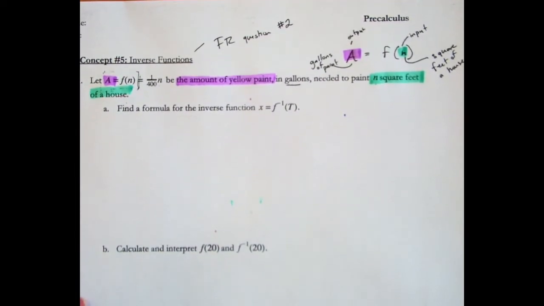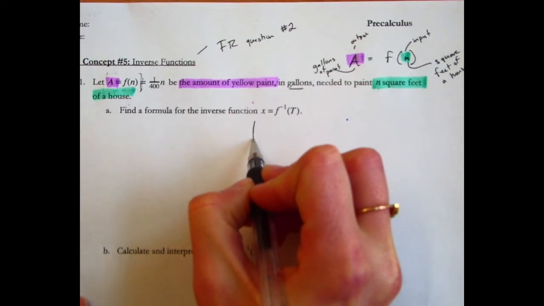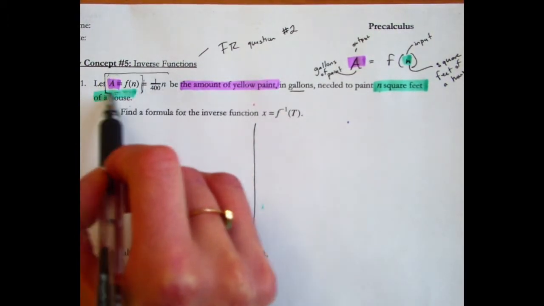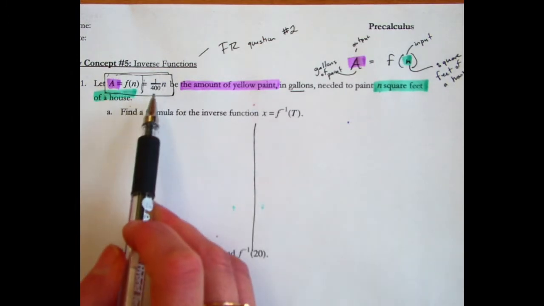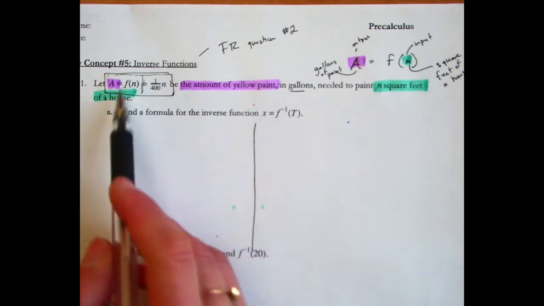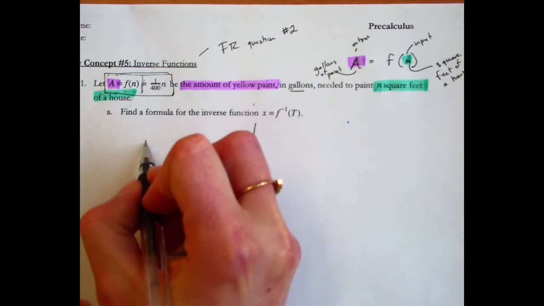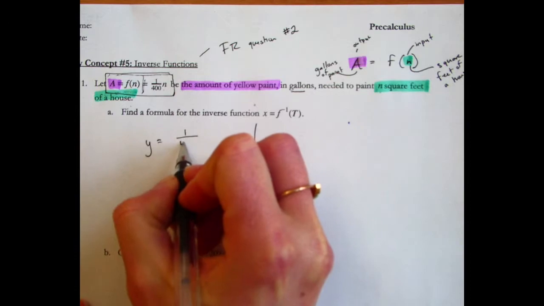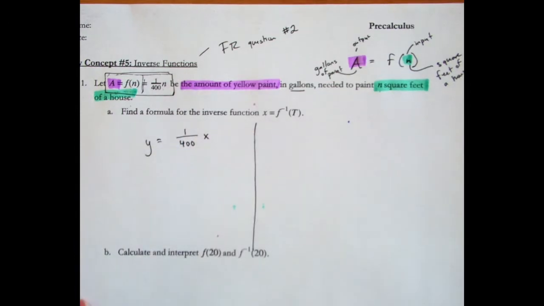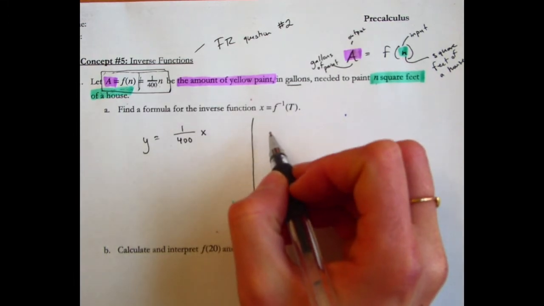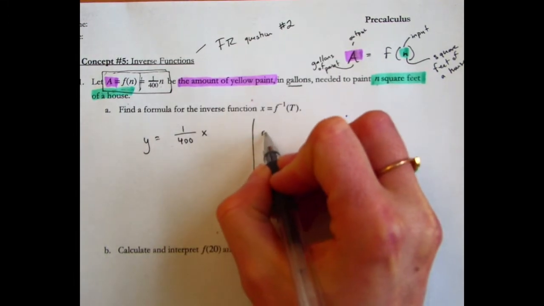So for this particular procedure of finding inverse functions, it's normally helpful to take your equation and just write it with y and x. So instead of all of this, f of n equals 1 over 400n, I'm going to rewrite as y equals 1 over 400x. That just makes it easier for me personally. So I'd call that first step replace output with y,